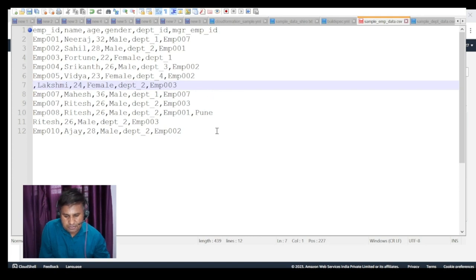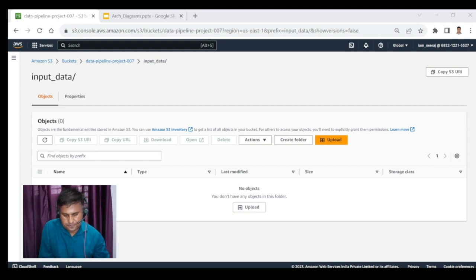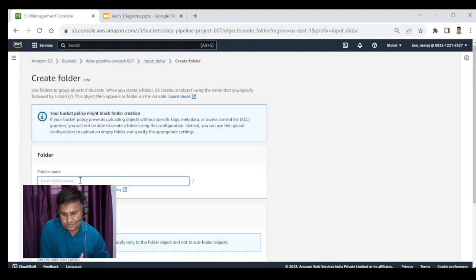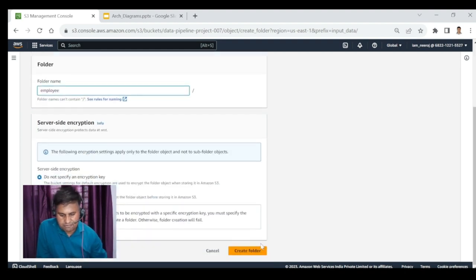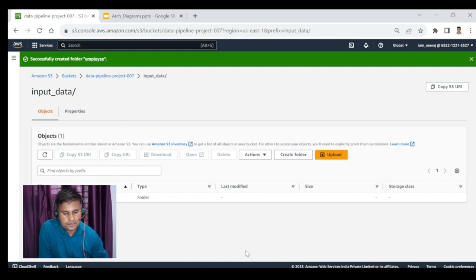Okay, so I am coming back into the S3 bucket. So I was explaining, for different types of data we can create different subfolders as well. It would be easy to maintain. So what I'm doing is I'm creating a folder with the name employee, okay, and then I will create a folder. So before we insert some data into this,